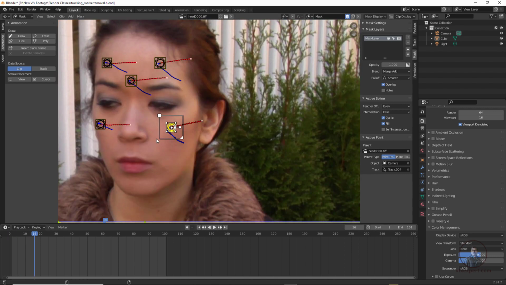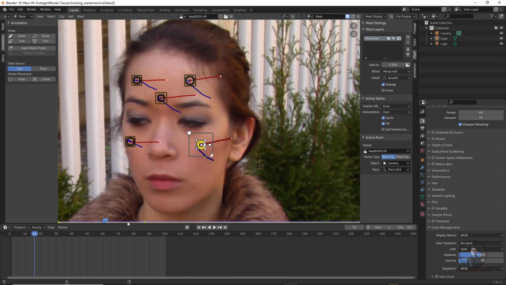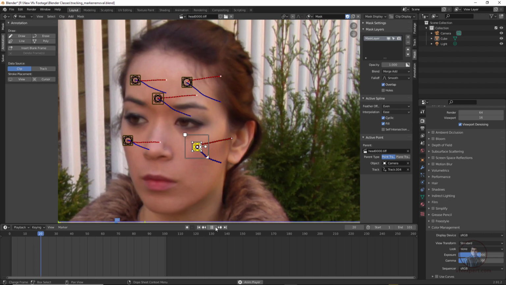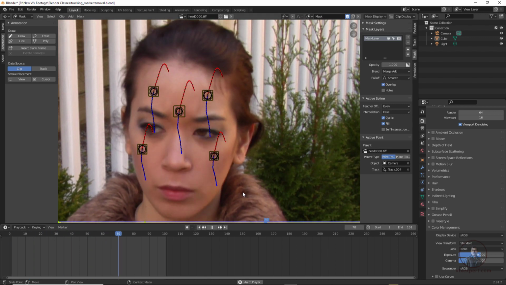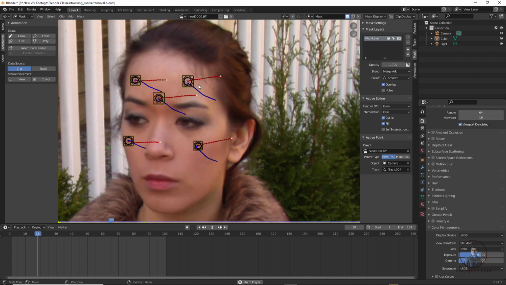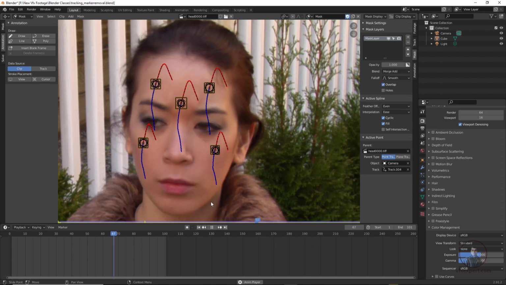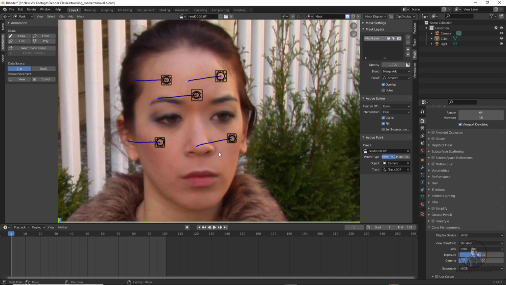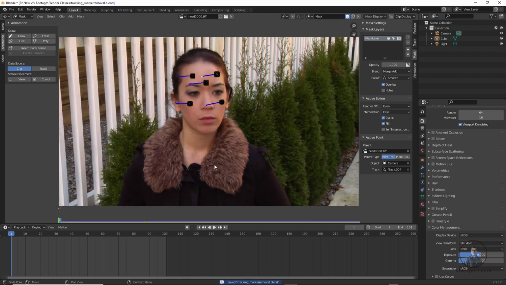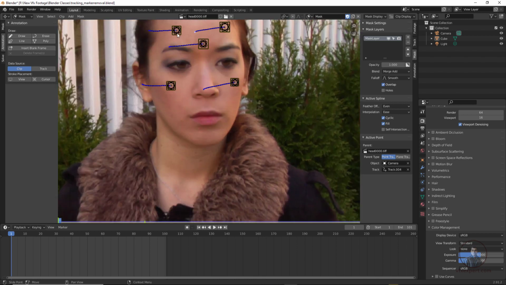So here I have linked all my shapes with these markers. So now play and check. So now this is looking good. All shapes are following our tracker positions here. Now stop it here, Ctrl S, press F. So now after this, I am going to start the procedure of removing all these tracker markers.